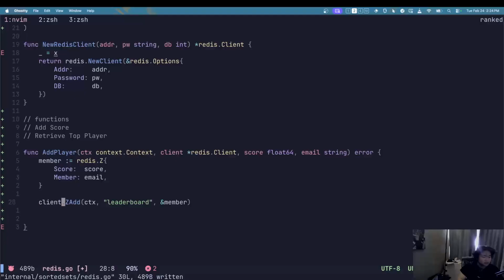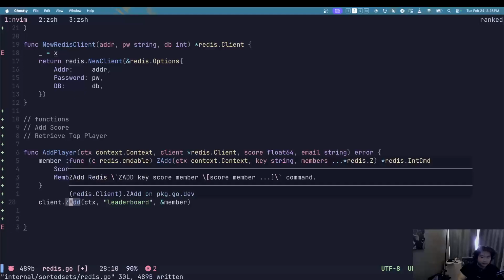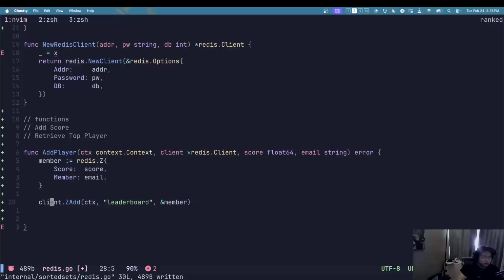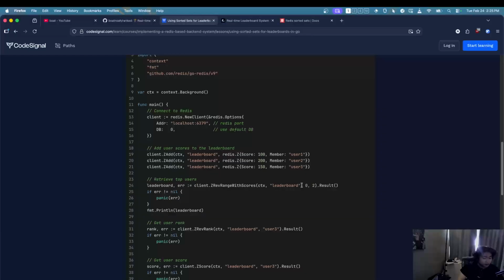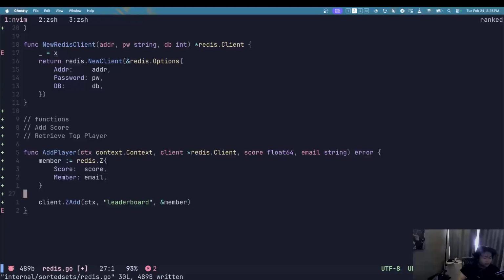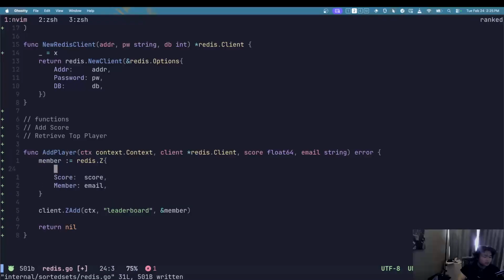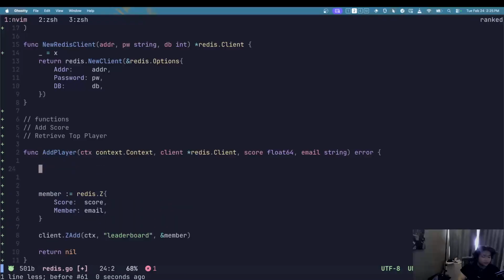Okay, this is it. Does this error out at all? It does return us a redis.int command. Okay. Seems a non-important thing. Yeah. Return nil. I guess I could do some validation here. If email dot